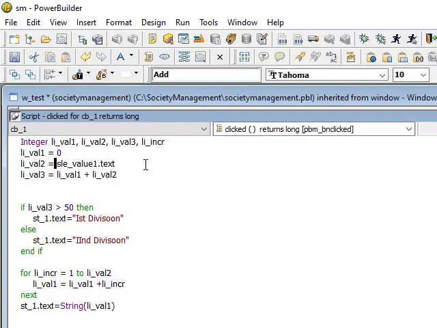We need to convert it into an integer, because this is an integer and this is a string, so it is not accepting.